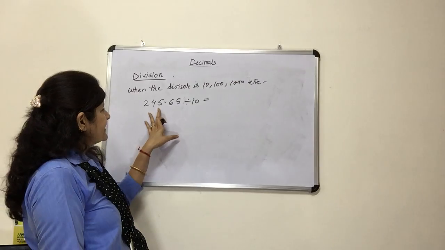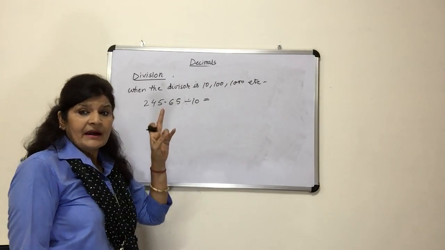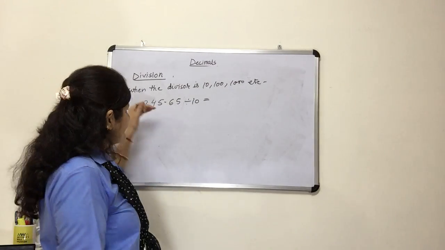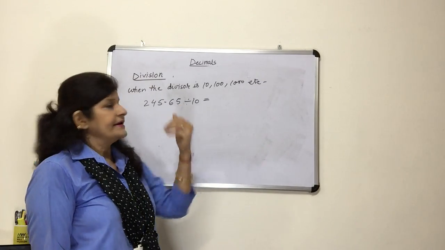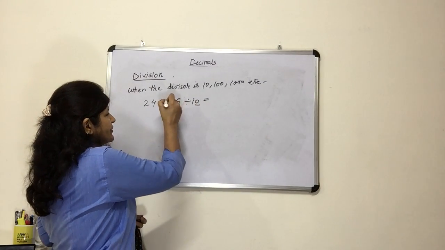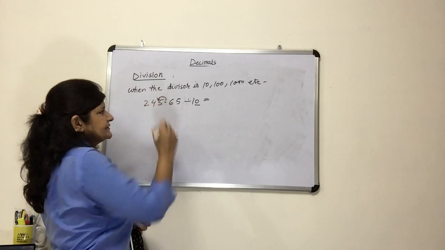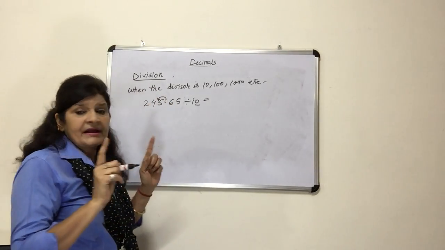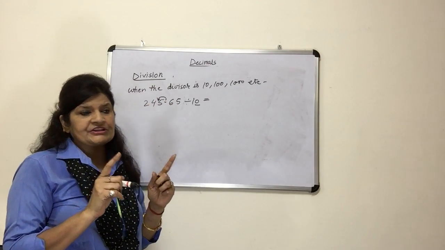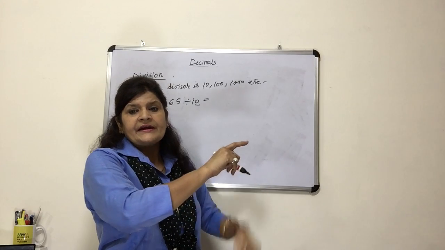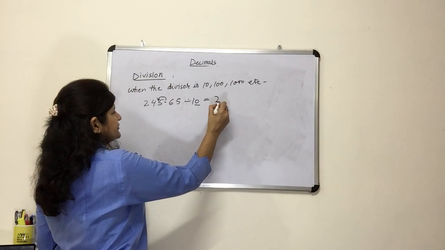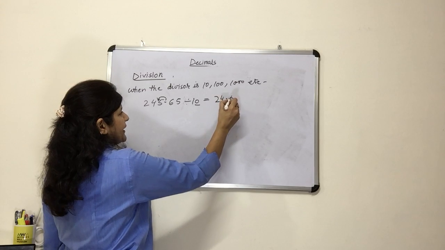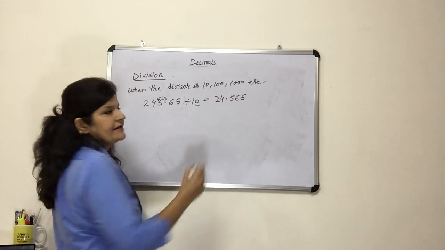If this is the decimal number and we are just learning how to do the division, so division by 10. If we divide this decimal number by 10, in multiplication you remember we always go forward, but in division we will go in the backward direction. Means if there is a 1, 0, we will go in the backward direction. Right? Don't be confused. Whenever there is a multiplication, we will move forward, and in division we always move backward. So the answer will be 24.565.